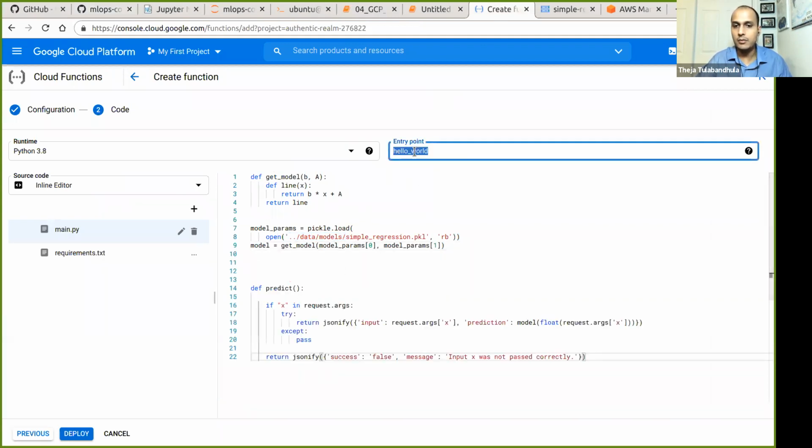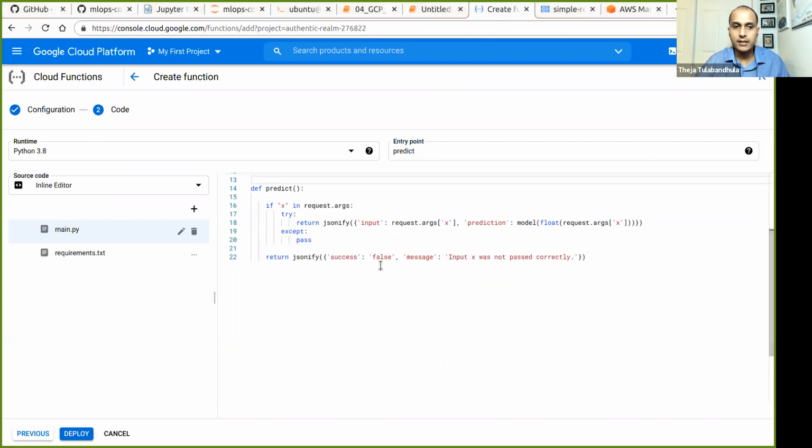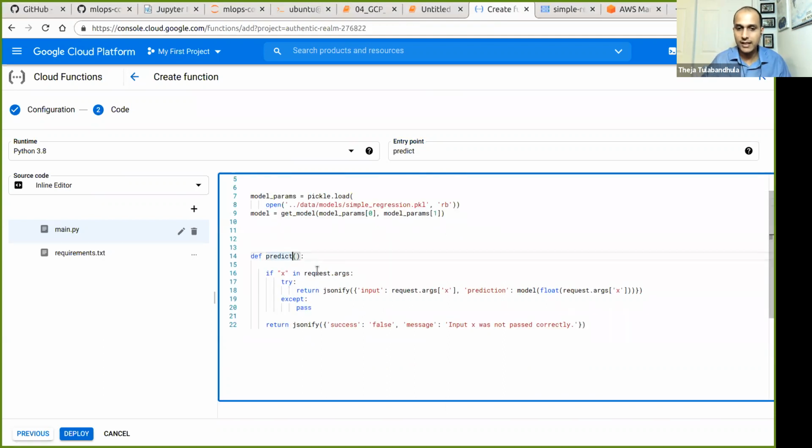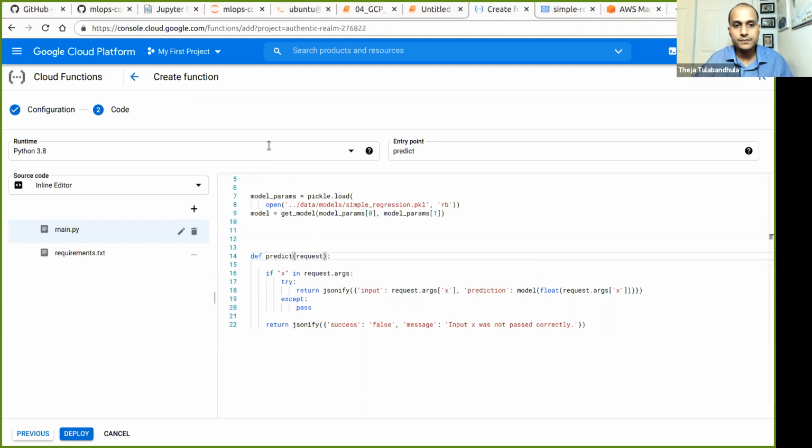Okay, and our entry point is going to be predict. Just to ensure, it's going to be slightly different from the Flask code base. So we'll have to explicitly mention the request object as the input here, and everything else remains the same.